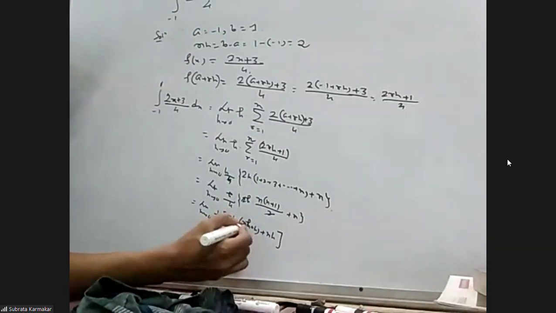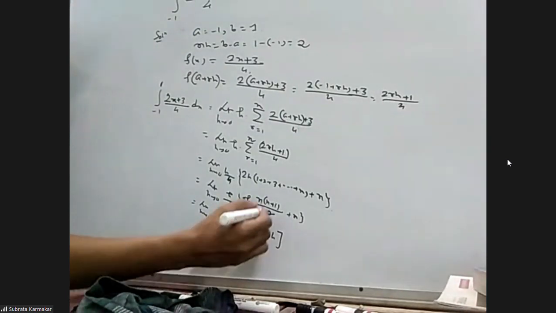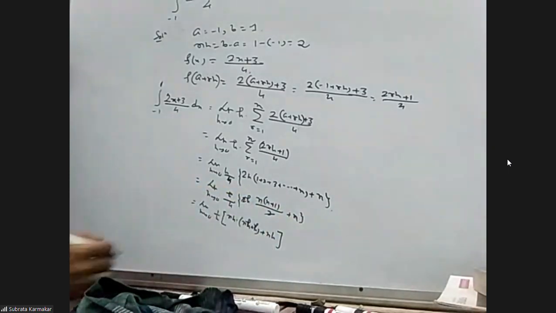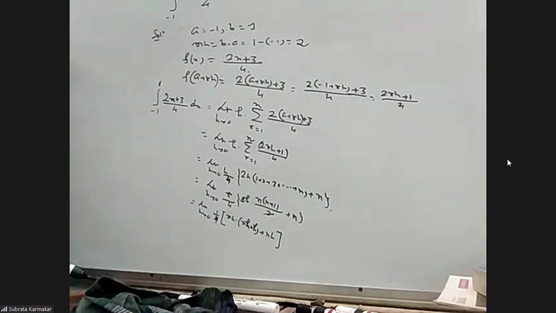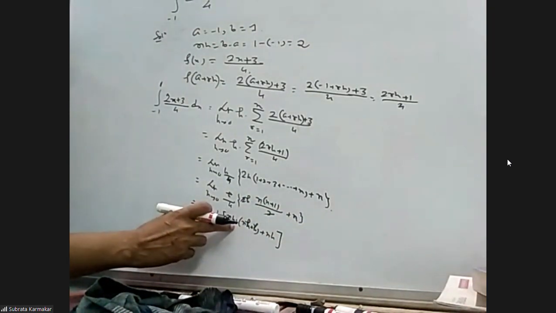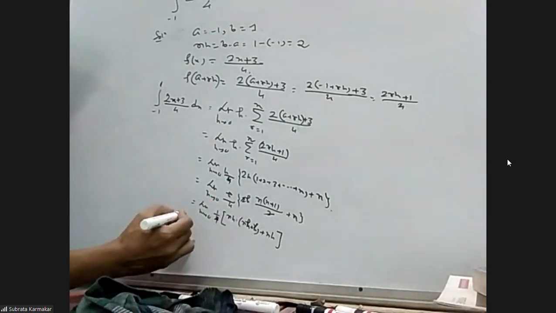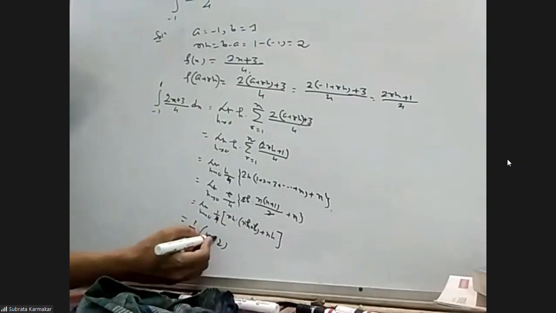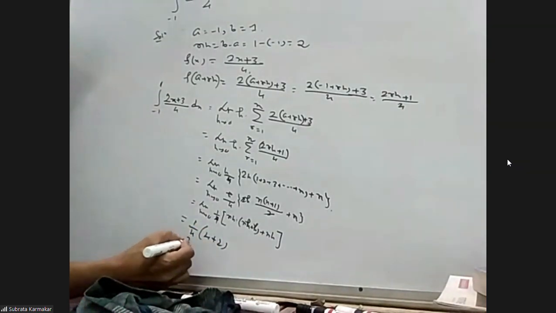So it will be nh plus h plus this n into outside h, nh. So this is 1 by 4. This is 1 by 4. So ultimately, what you will get, nh, wherever nh, it is how much? nh means 2. So we will get 1 by 4 into 4 plus 2, 4 plus 2, 6. 6 by 4, 3 by 2.